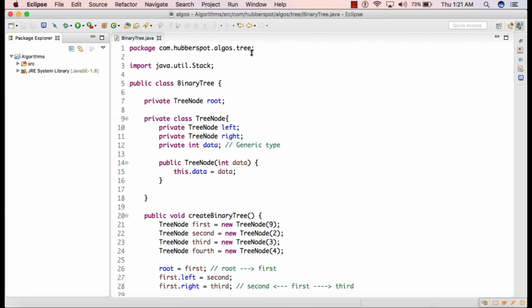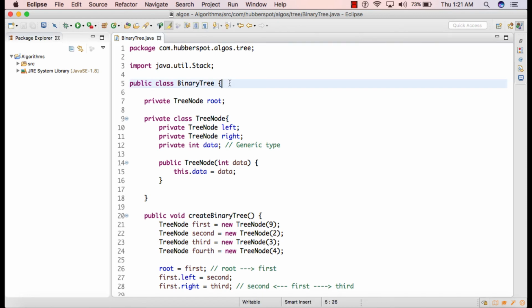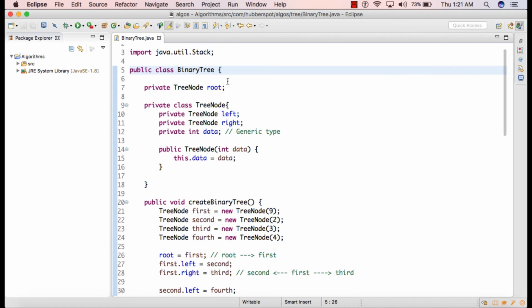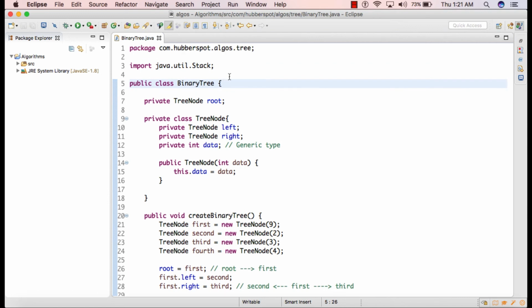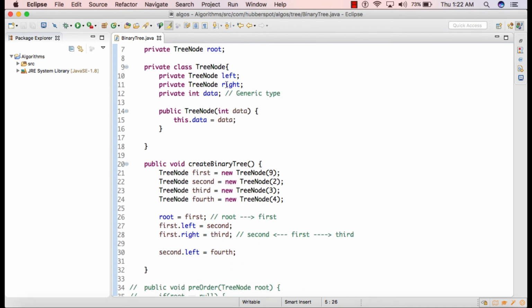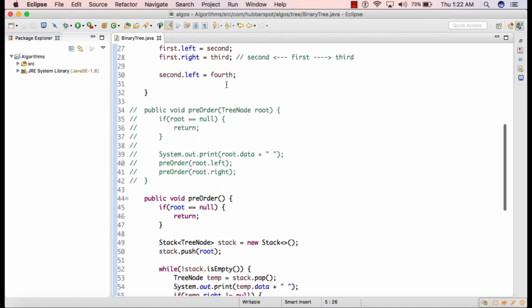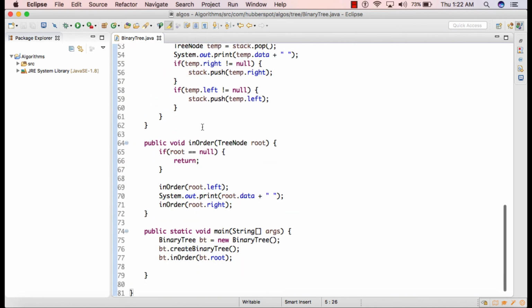So friends, in my previous tutorial, we actually created one class by the name binary tree, and we implemented the binary tree in this class. In order to understand binary tree more, you can watch my previous tutorials. In my last tutorial, we discussed the recursive version of the in-order tree traversal.